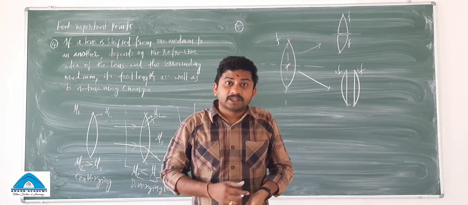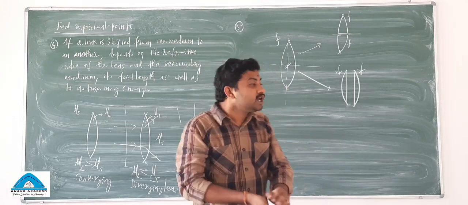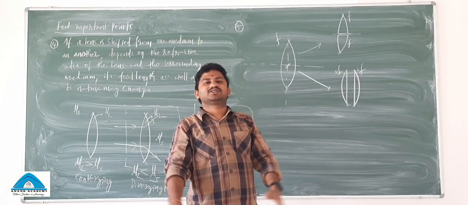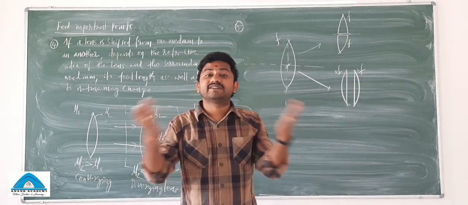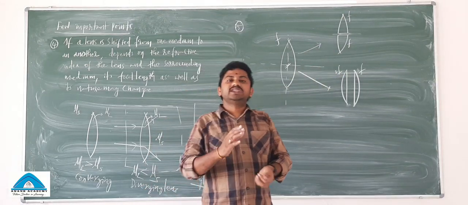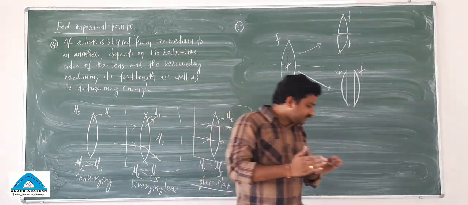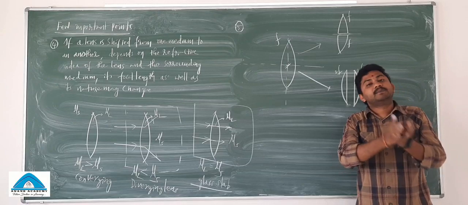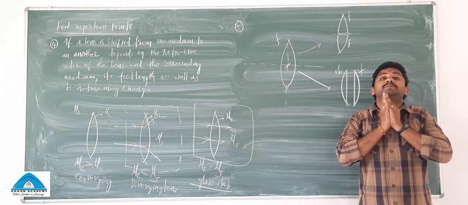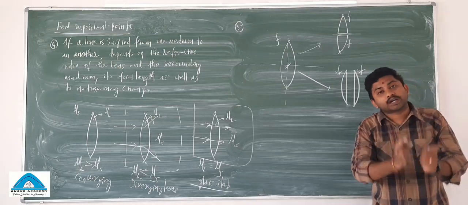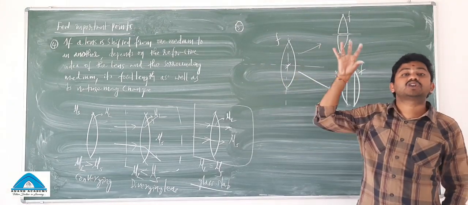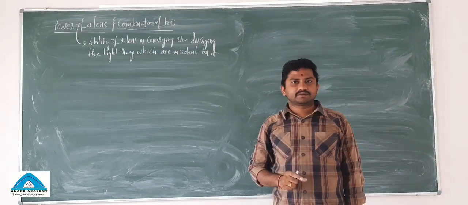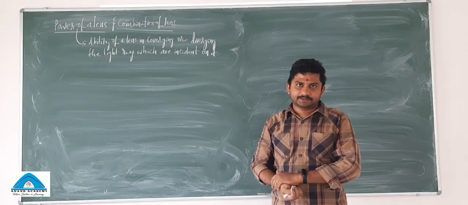But the brightness of the image formed will never change, because the area on which the light rays are incident remains the same in both cases. The refractive index also will never change. The radius of curvature also will never change in any case, right? So these are the 5 important cases and statements you must understand in the refraction of light. In some years in your NEET exam or previously AIPMT exams, questions were asked out of these 5 statements also. Let us see the concept called power of a lens and combination of lenses.